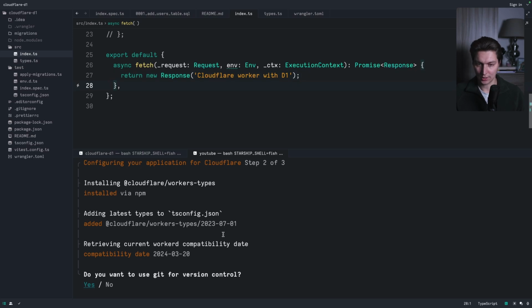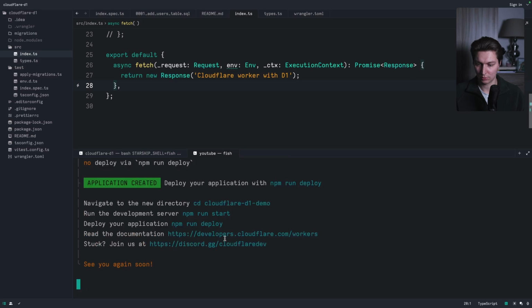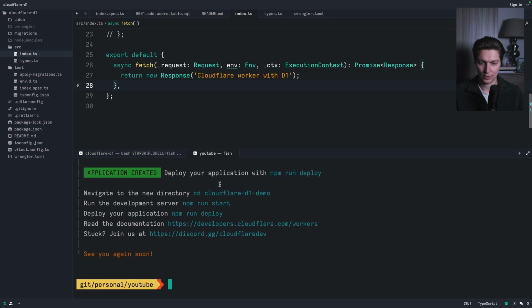So yeah, let's finish the creation of this project right here. So I don't want Git for now. I don't want to deploy it. So it generates the new project, but we're going to use this already generated one. So it is cloudflare-d1,